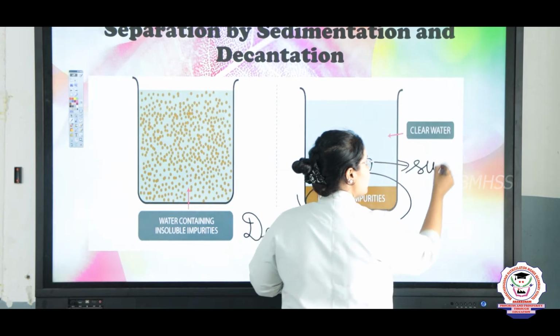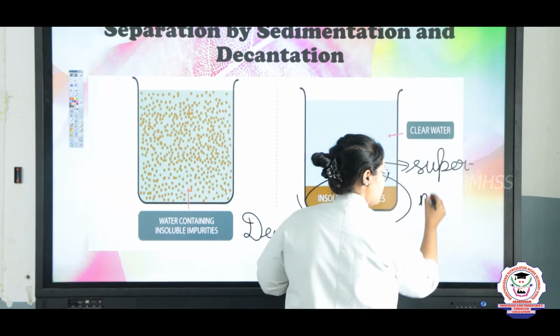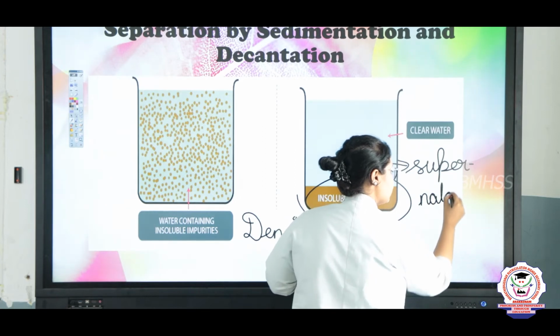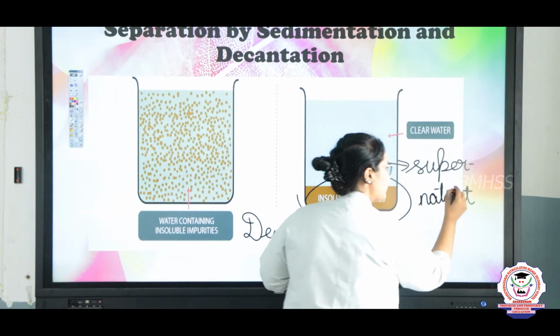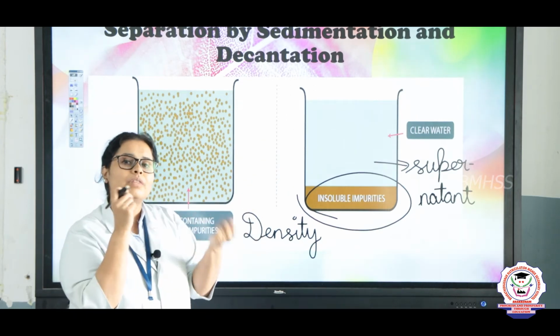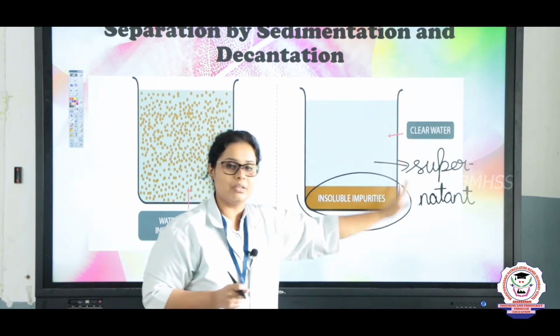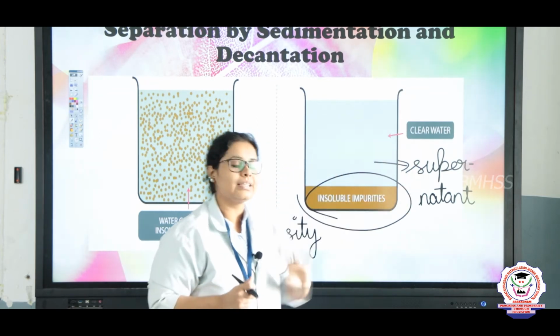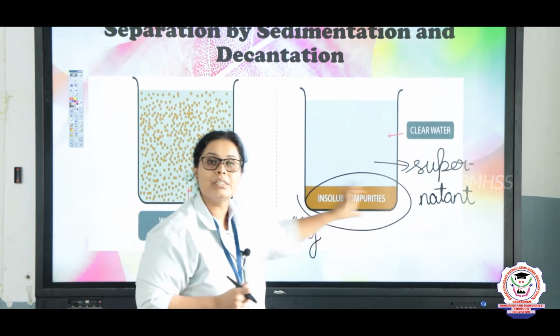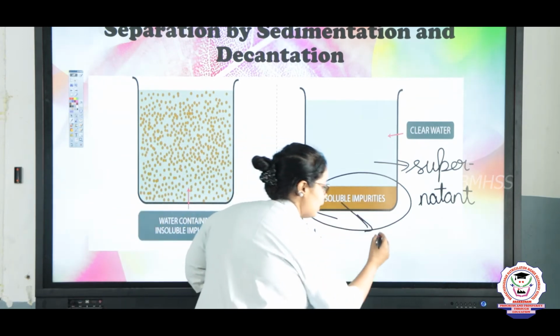What is it? Supernatant. So children, supernatant means that here it's not only the water but some of the chemicals from this salt have dissolved in the water. So that is known as supernatant. Same way the insoluble thing, that insoluble thing is known as what? It is known as residue.